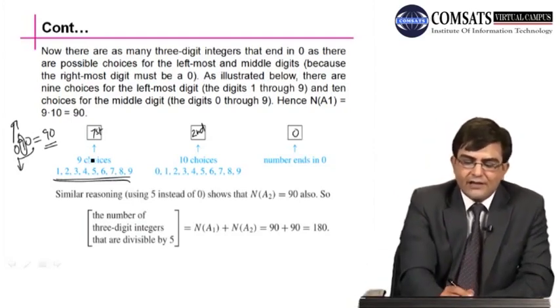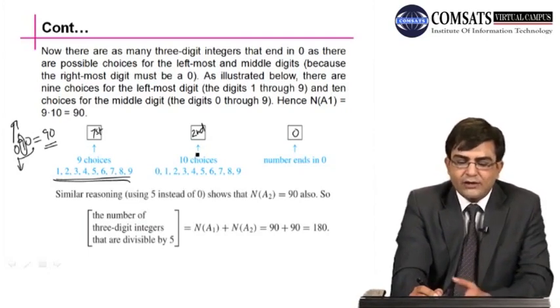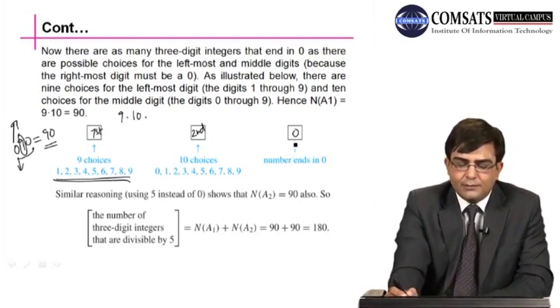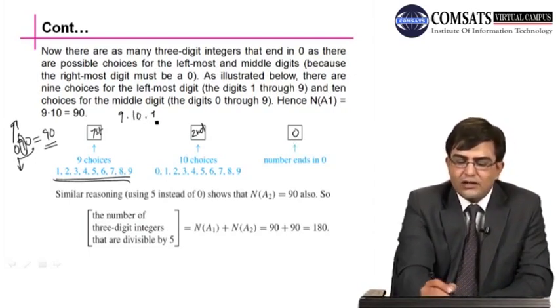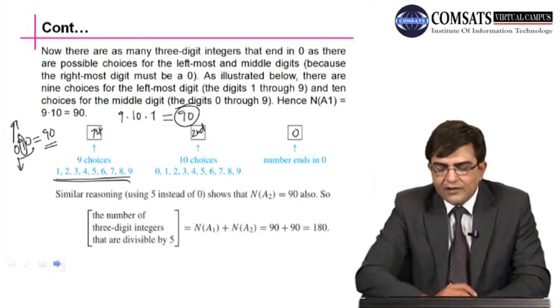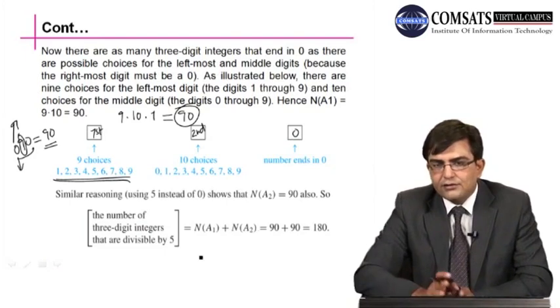So using the multiplication rule, we multiply 9 by 10, and at the third digit place we have only one choice. So 9 times 10 is 90. So we have 90 integers among 100 to 999